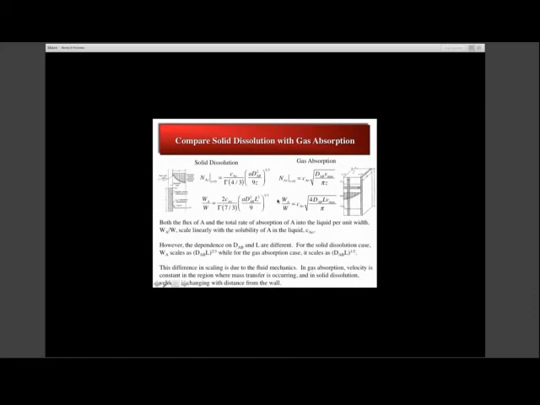And the difference in this scaling is due to the difference in the fluid mechanics, whether the gas it's absorbing sees essentially constant velocity, in the case of the gas absorption problem, or whether as it moves out into that liquid it sees a continuously changing velocity. And so I think this is at a good